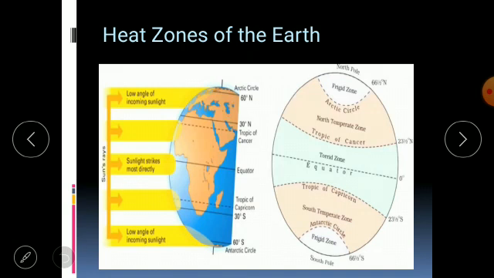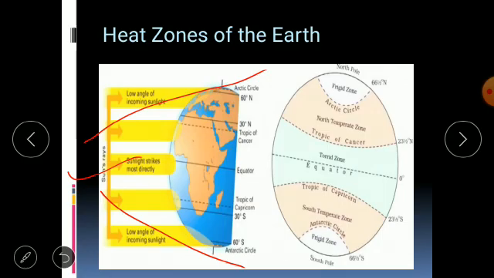Now children, from this picture we can easily see how the rays of the sun fall directly on the equator, and they make this torrid zone the hottest zone. And due to the slanting rays at the poles, here the rays of the sun are falling slanting, so frigid zone always remains cold. So dear children, this is all about parallels, what the important parallels are, and what the different heat zones on the earth are. We have learned about all these things in this video.